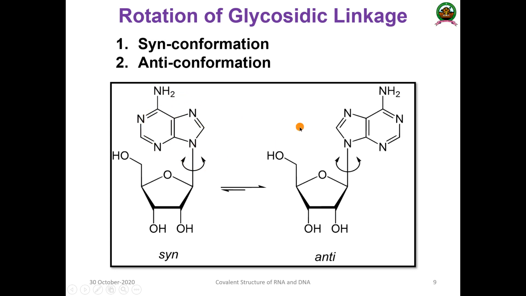You will get the same structure, but due to this rotation, this residue has changed. Here the pyrimidine ring and ribose sugar are just below one another, but after the rotation the base is just opposite to the pyrimidine ring. So this is rotated and shifted in this direction, and it came here. That is known as anti conformation. This rotation produces the rotational isomers in DNA and RNA.